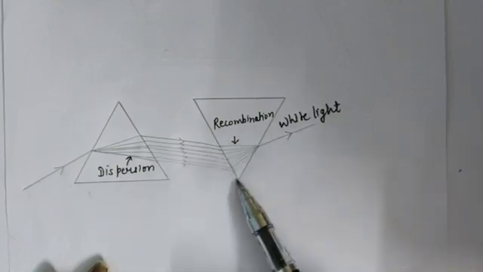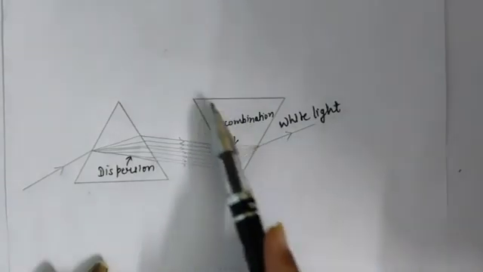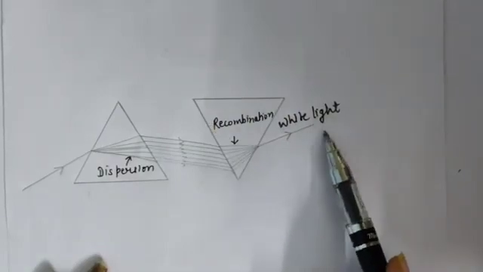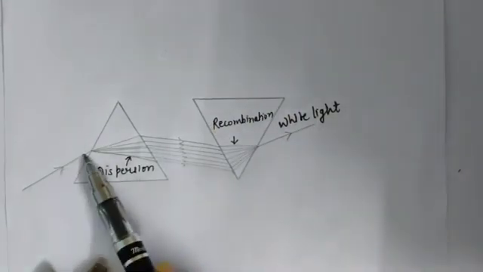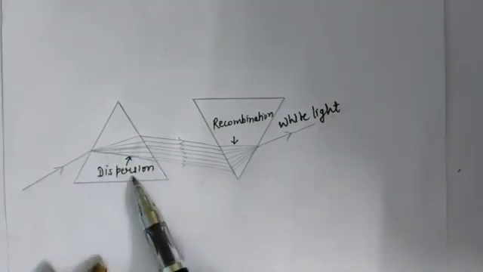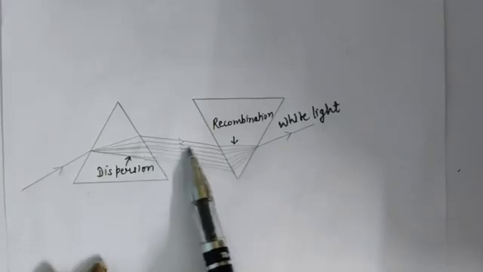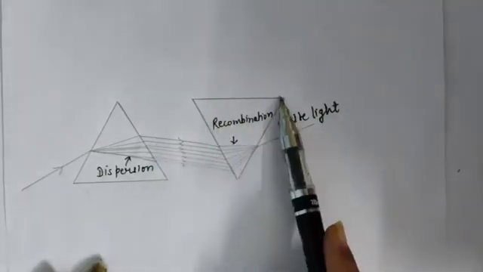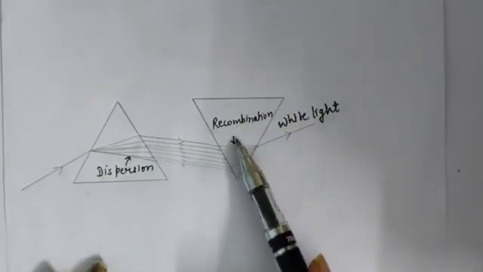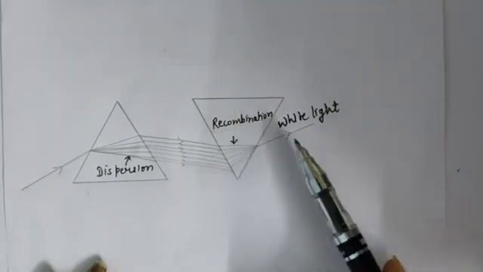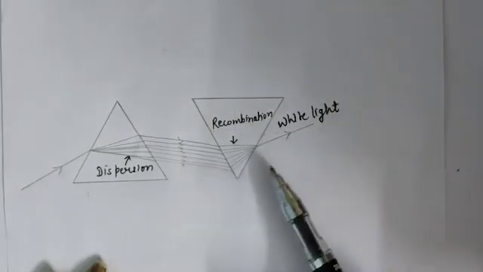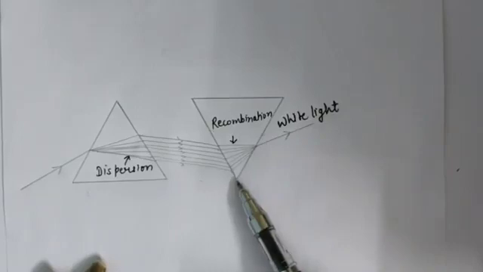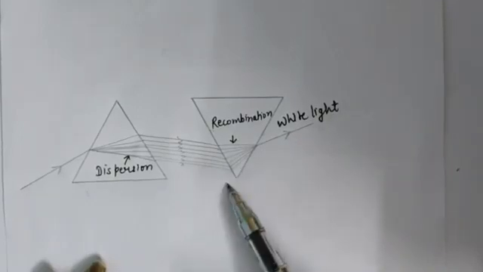If we place a second prism in reverse position, then we can get white light again. Means by the first prism, the white light splits into 7 colors. Here dispersion will occur, and when these 7 colors fall into another prism which is in reverse position, then these colors recombine and give white light again. Means it is also possible to get white light again. And how? By placing another prism but in reversed position.